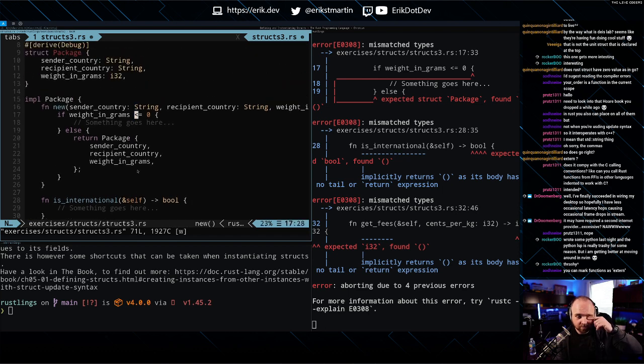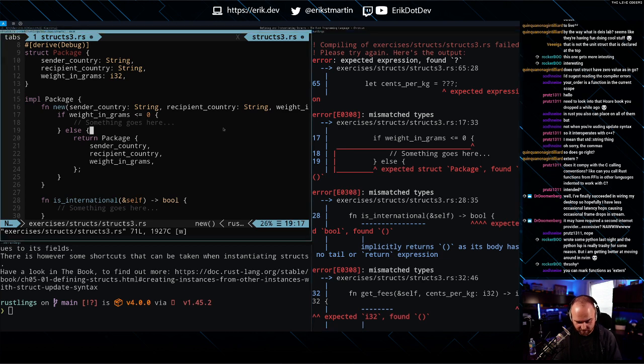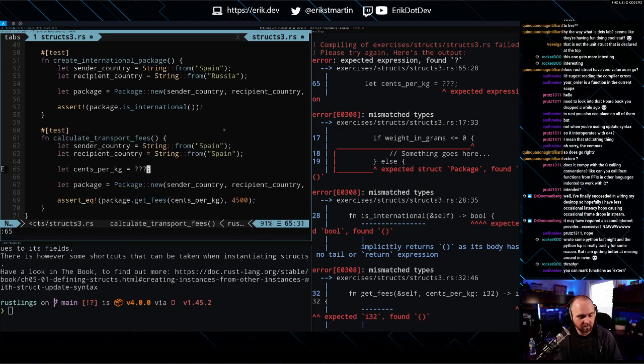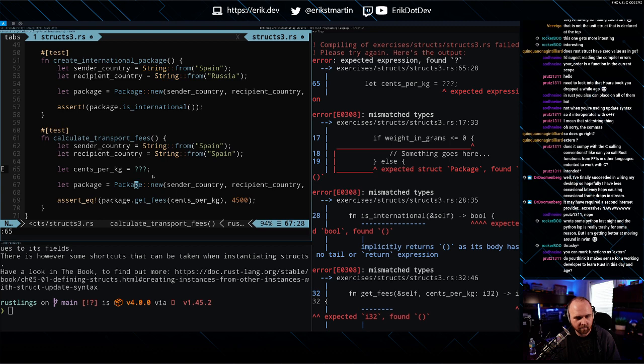Okay, so now it looks like line 65, cents per kilogram. I think we're going to have to fix all of these. Wait. I don't know.